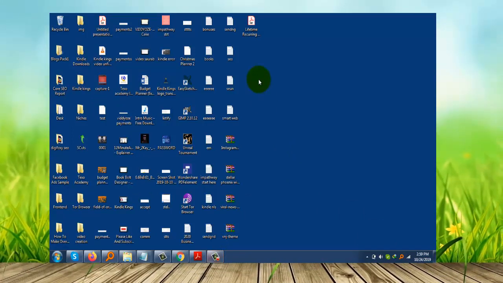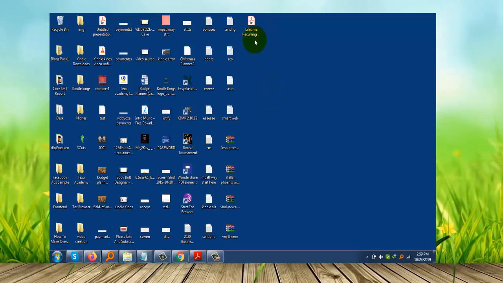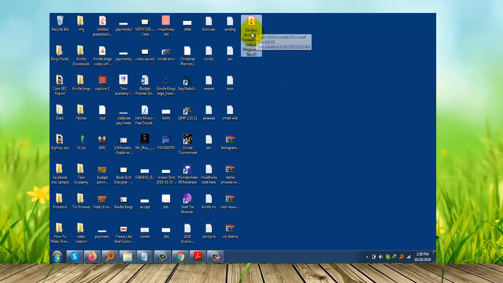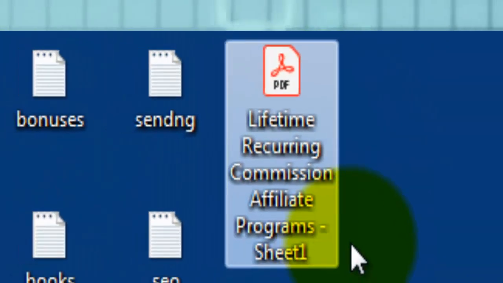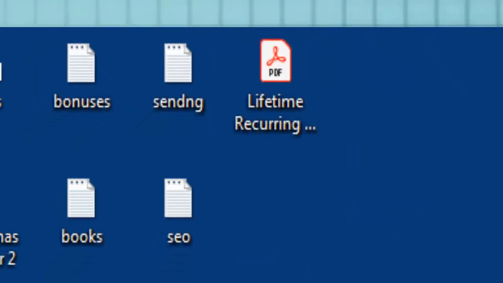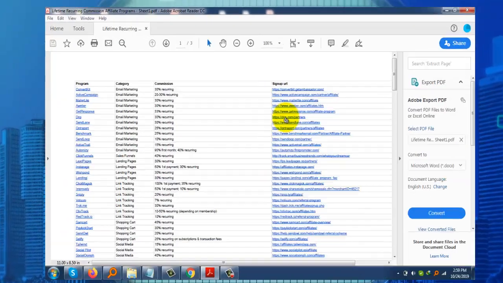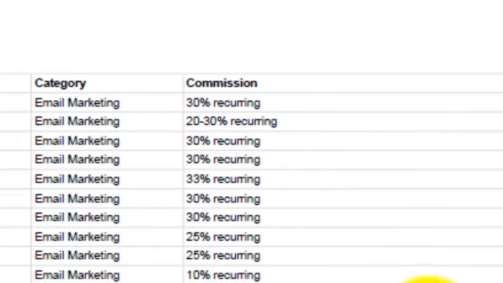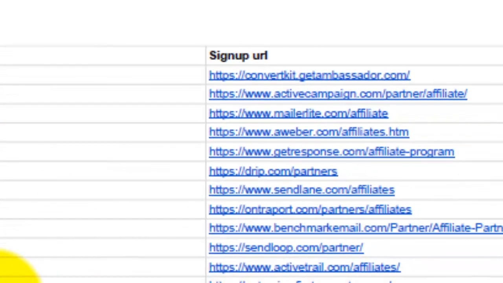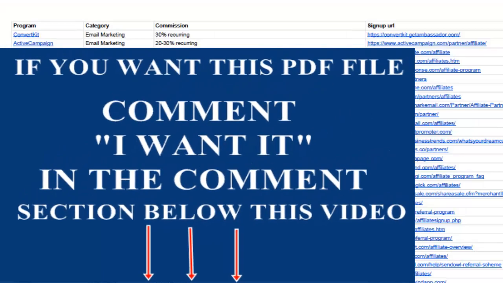Here on my desktop, I have a PDF file, a lifetime recurring commission affiliate program, sheet 1. I have that up to 3 sheets. So here we go. I just listed out all of these and their sign up links, their sign up URL. So we'll be running down some of them. I'm also going to give us this PDF so we can